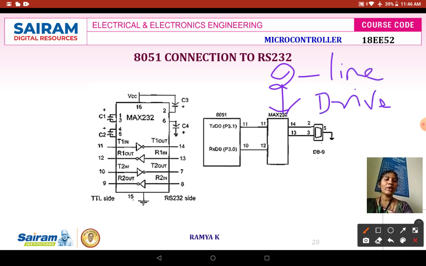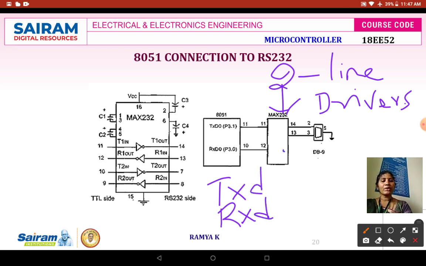Why are we having two sets? One for transmitting the data and the other for receiving your data. So your MAX232 needs to be supplied with a separate power supply of 5 volt. Even your 8051 has to be supplied with a separate power supply of 5 volt.